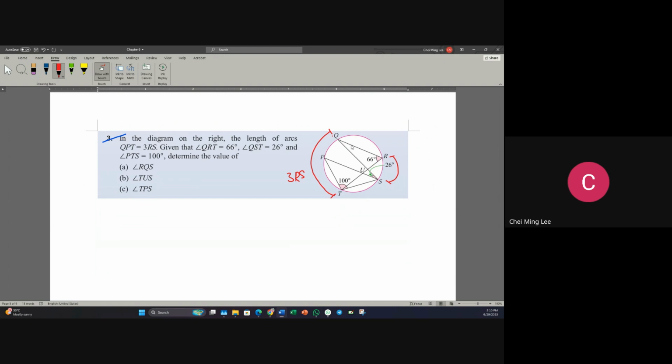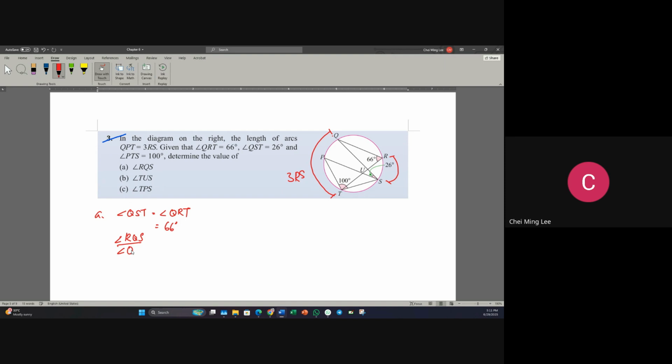Now, he asks you to determine the value of RQS. First one, RQS. So first, angle of QST is equal to QRT, correct? QRT is equal to 66. Then angle of